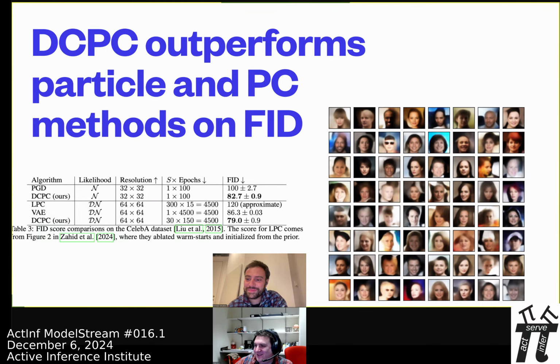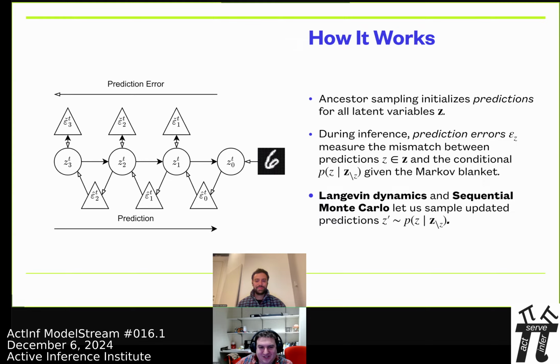Cool. Okay, so the interesting stuff about it, especially compared to previous work, is how this actually works. As I said, it's a particle algorithm, so we're actually drawing samples. I think I said before we went live, this is the year of Monte Carlo predictive coding methods. We're one of maybe 3 or 4 that are out this year. So after you've initialized your graphical model by doing ancestor sampling to get yourself some initial cloud,